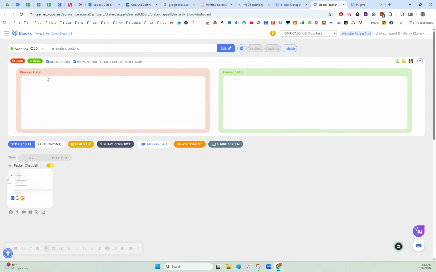So the first thing, we have the block and allow list. I've been playing with the allow list and it doesn't really work, so I would steer clear of that one. I need to talk to Blocksi and see what's going on, but it should be that any website you put in there will be the only websites that students can access. Like I mentioned, it doesn't really work, so you got to go more blocked URLs, and to block them you